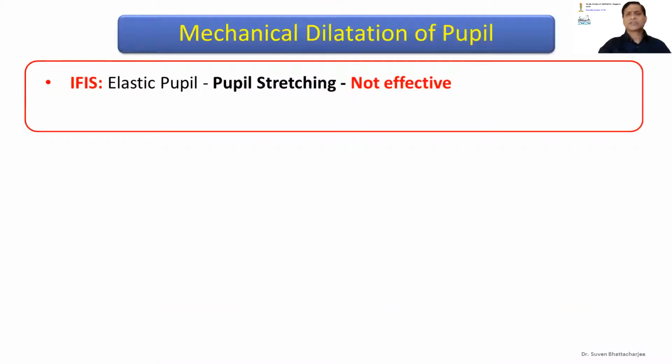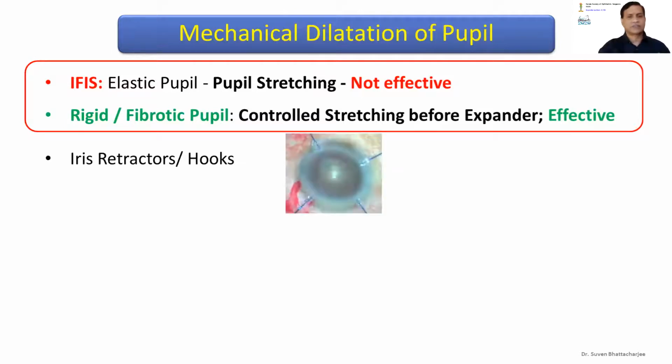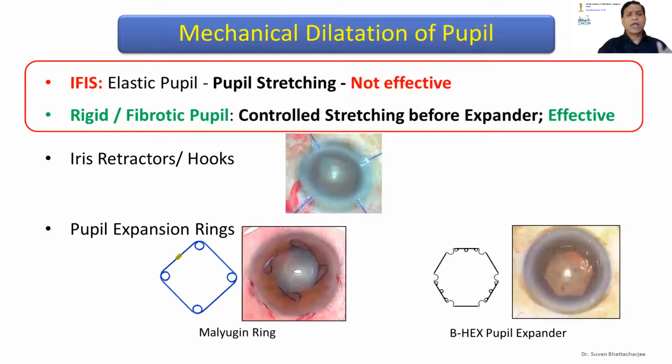So mechanical dilatation of the pupil in IFIS: it's an elastic pupil, so pupil stretching is not effective. Whereas when it's a rigid or fibrotic pupil, a controlled stretching before using the pupil expander is effective. So we have the iris hooks, which we have used for a very long time, and then we have the likes of the Mulligan ring, the BX pupil expander, the I ring, or the APX pupil